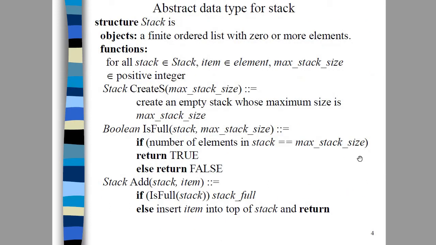So now let's discuss the abstract data type for stack. A stack is a finite, ordered collection of items. Zero or n number of elements will be there. All the elements one by one we take from the user and push onto the stack. So there is a maximum size for the stack. Till we reach the maximum size, we can push the elements onto the stack. The maximum size will always be a positive integer.